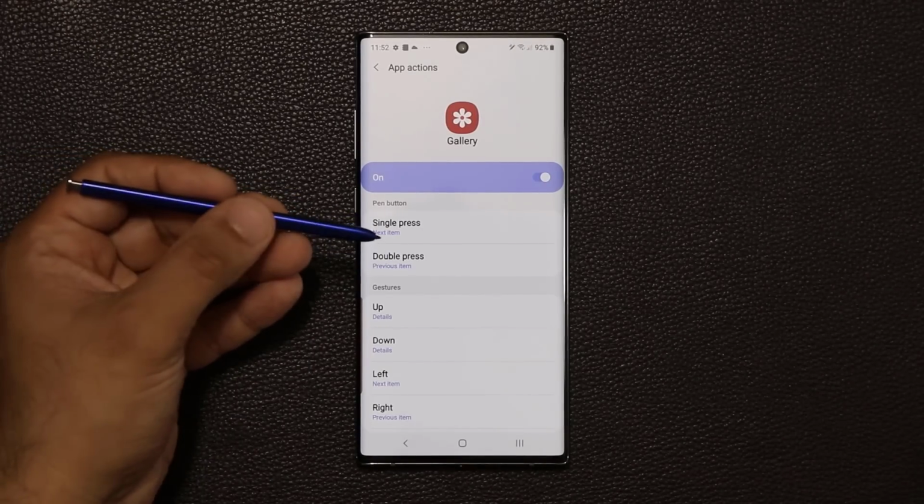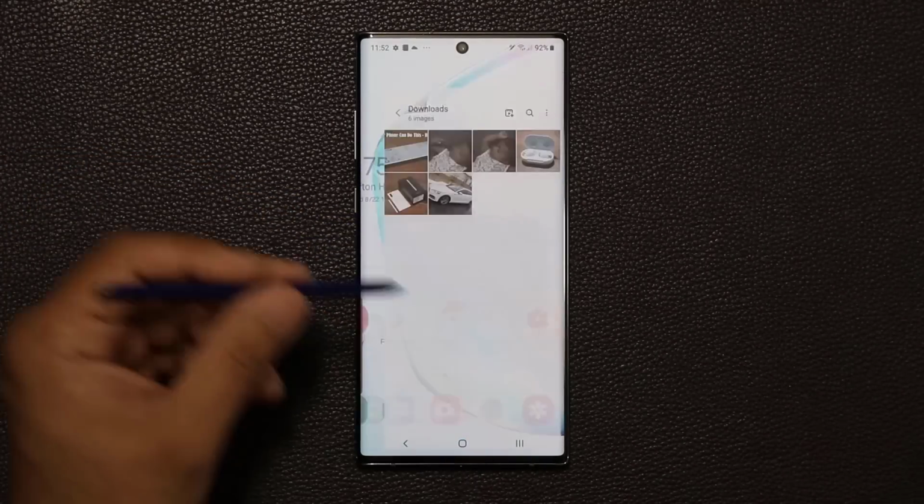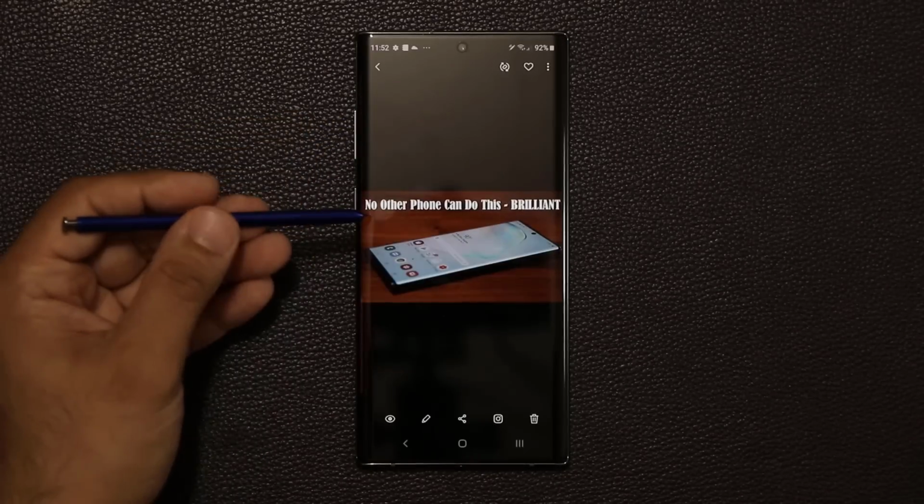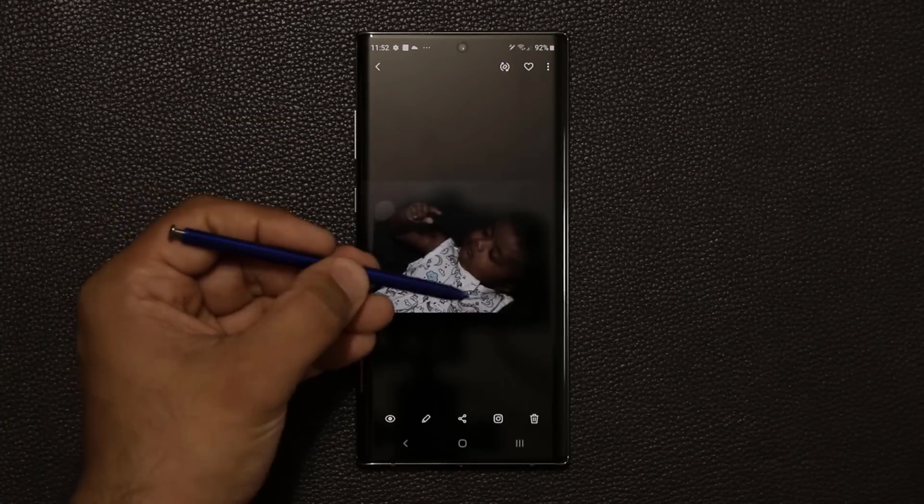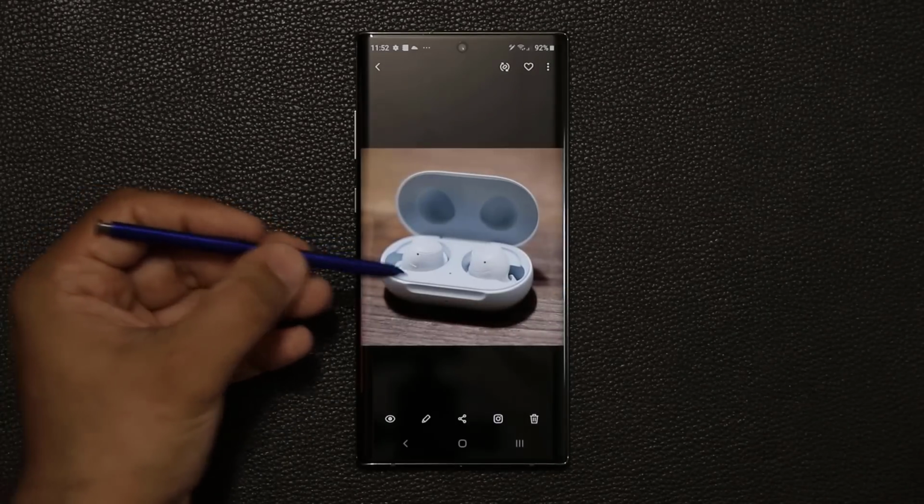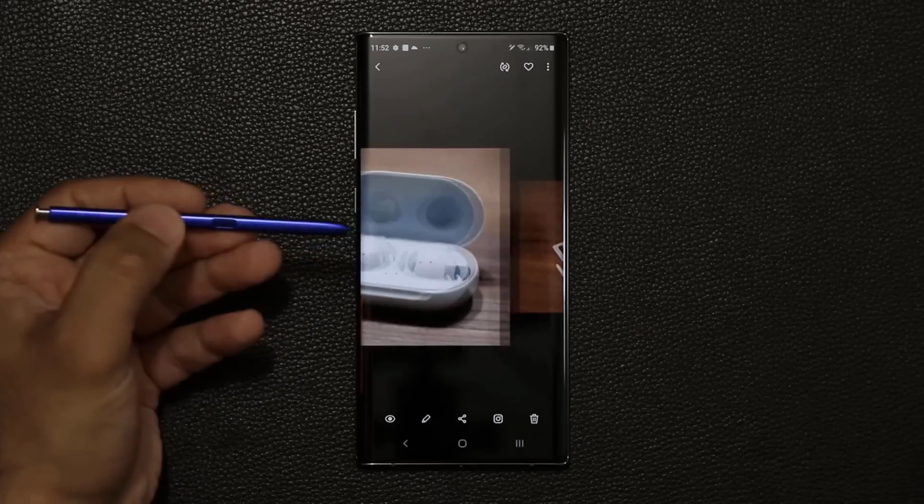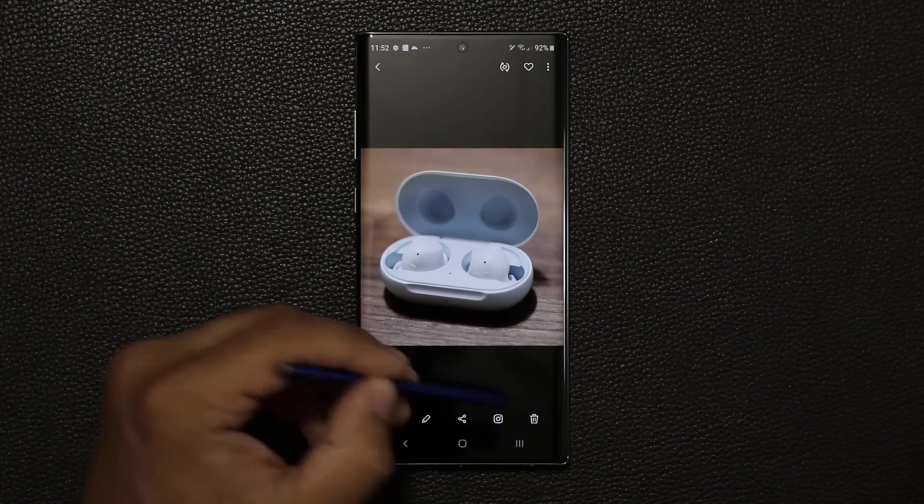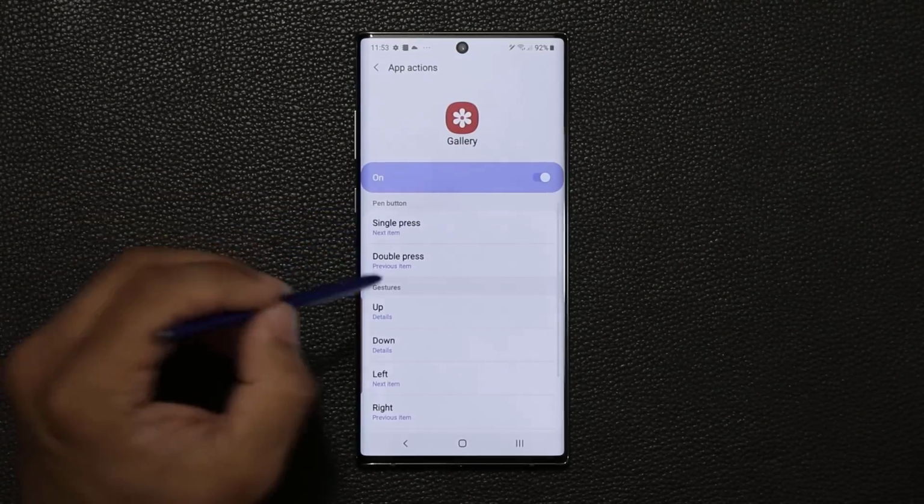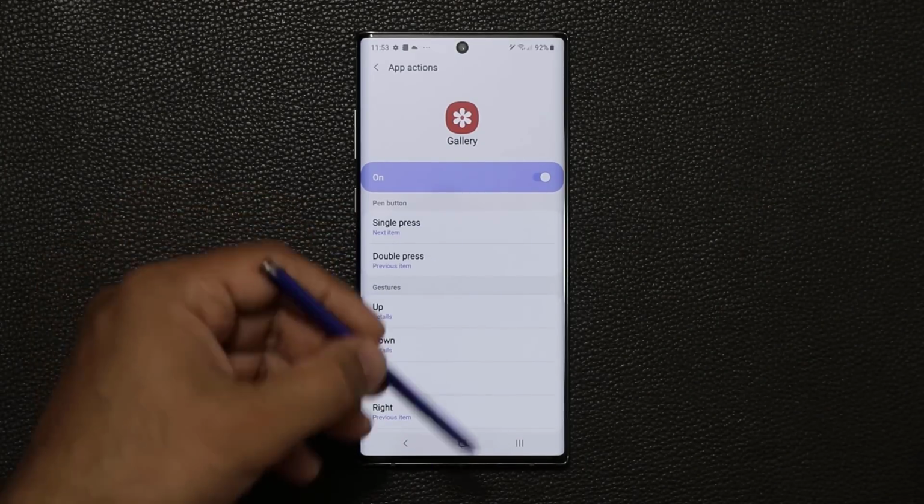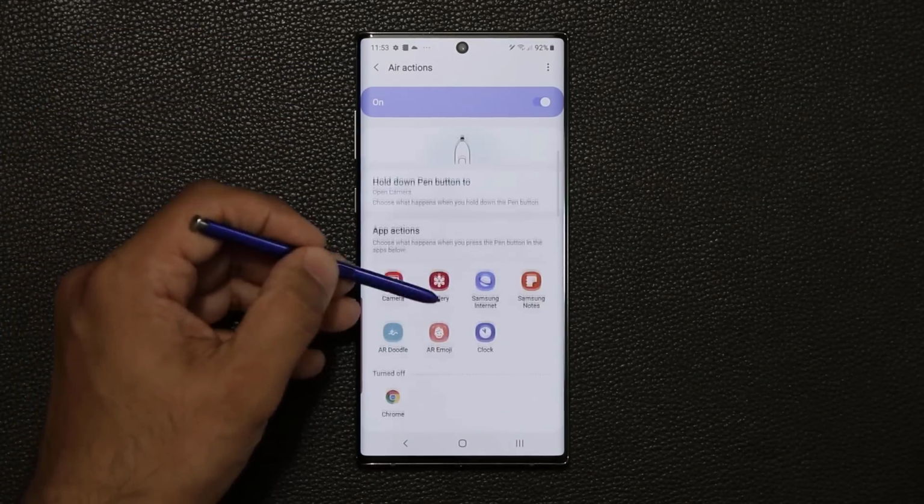Double press gives you previous item. Okay, so if I launch the gallery right now, let's go into a photo right here. Single press goes to next, next, next. Okay, next. Double press goes back. Amazing, all right? So make sure that you guys come here and customize the S Pen for each specific available